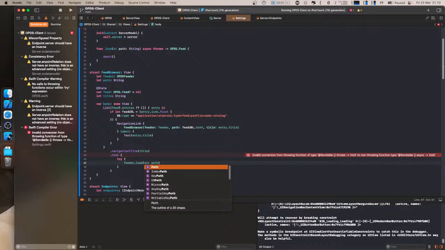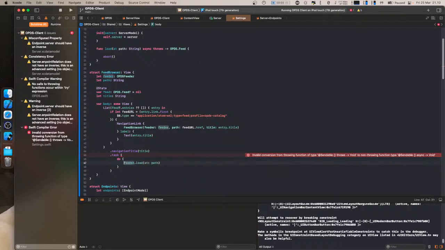And in reality, we actually don't need it anymore, but invalid conversion from throwing function of type. Anyways,